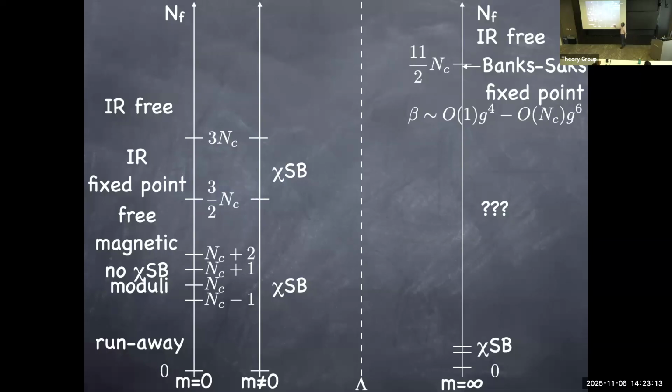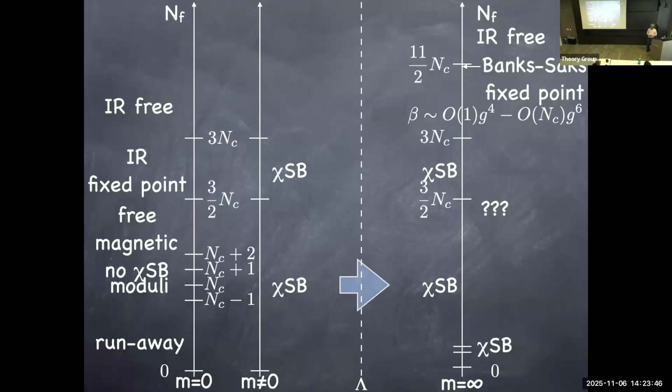And that's the way I try to claim that exact solutions you can obtain here are telling us about how non-perturbative gauge theory should behave without supersymmetry. So that is the main claim. And so what is happening in the non-SUSY gauge theory is most likely based on this picture: chiral symmetry breaking all the way up to 3N_c, and then it may switch to an infrared fixed point for a higher number of flavors. And that's the picture I have.